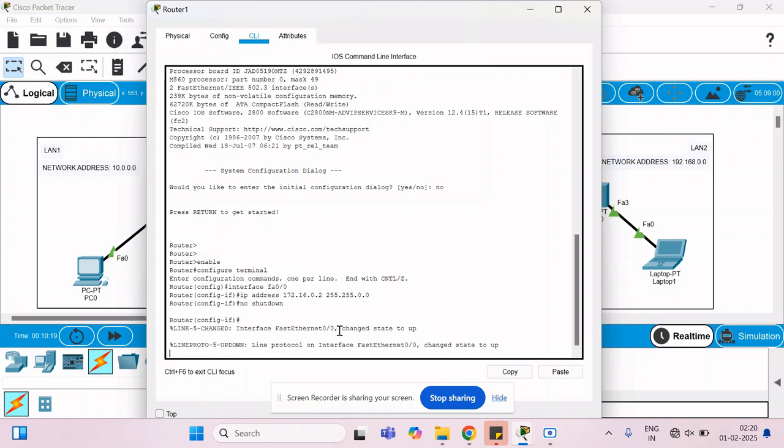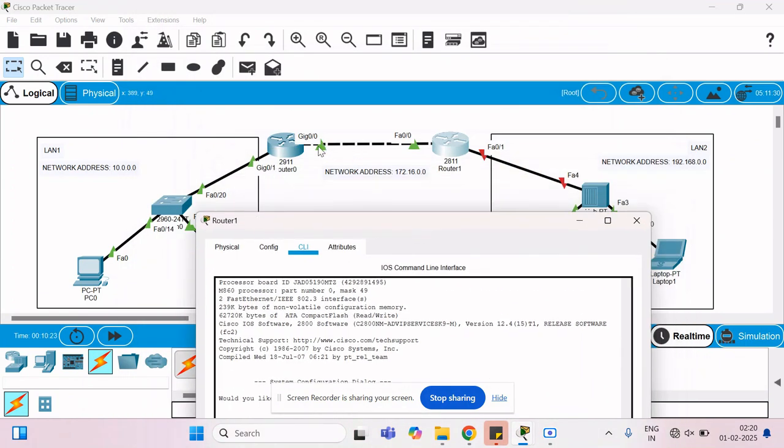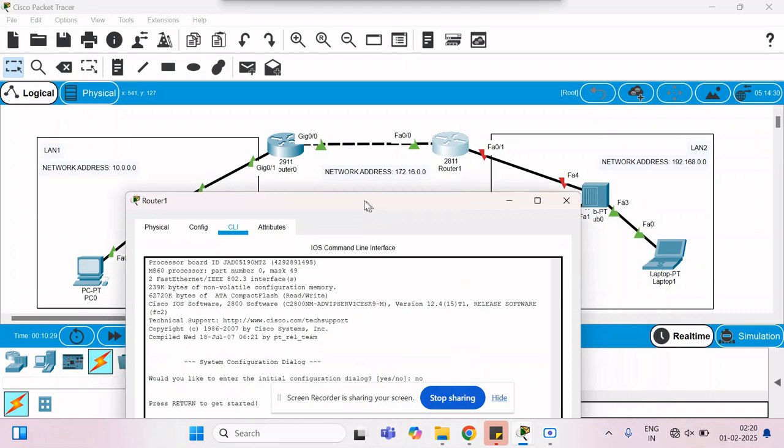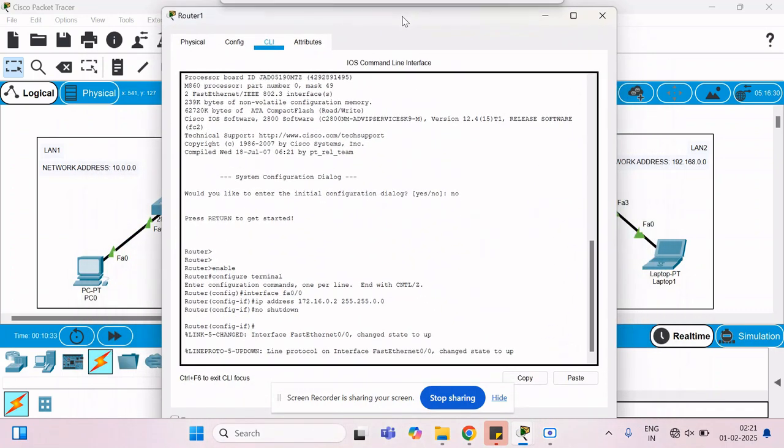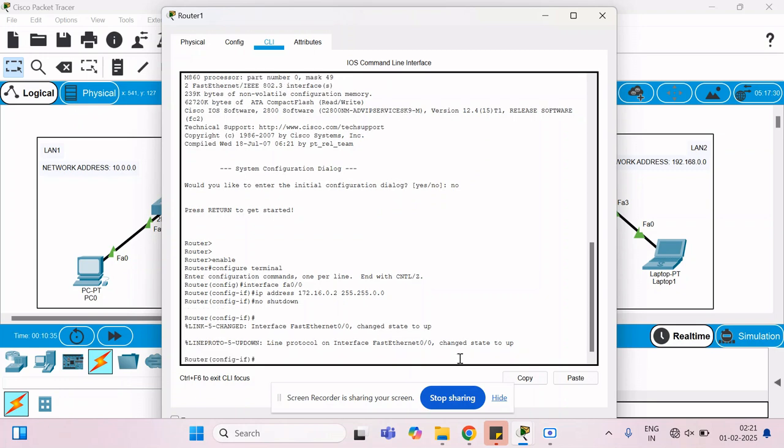Now it has also changed state into up. Just check it. Yeah, both the interfaces are turning into green color now. They are up now. So the second interface of this second router, FA0/1, which is falling in the class C network,